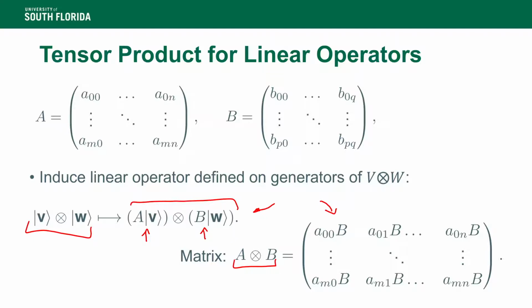So here you have coefficients of A, and each coefficient of A gets multiplied by a block of B. So this is a block matrix. And in particular, it's an n times m by n times m matrix. Okay, it's made from an n by m,